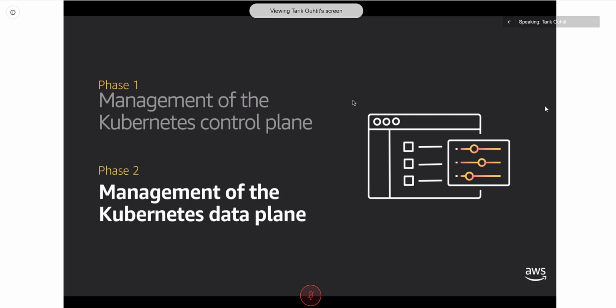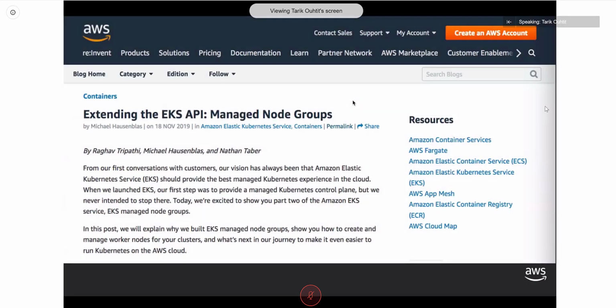I want to talk you through some of those launches that have now happened. The first launch was EKS managed node groups. Previously, before this feature, when you spun up Kubernetes clusters and worker nodes, you would have been responsible as a customer for deploying those worker nodes and keeping them updated in your AWS account. This was clearly some heavy lifting that we didn't think customers wanted to be doing, and something that we could take on for you. So we launched this idea of managed node groups.